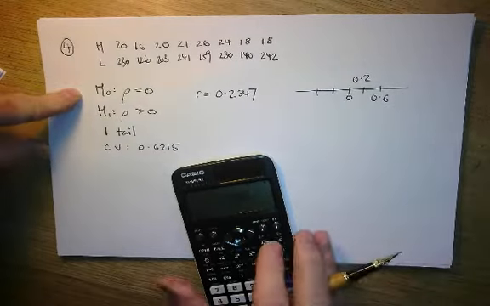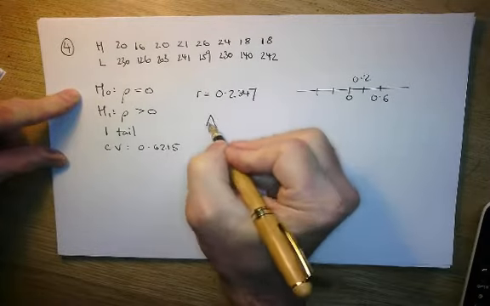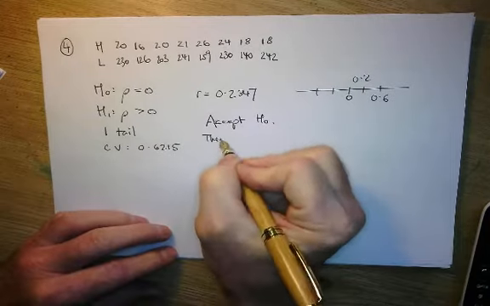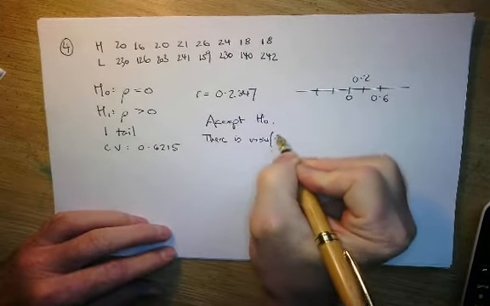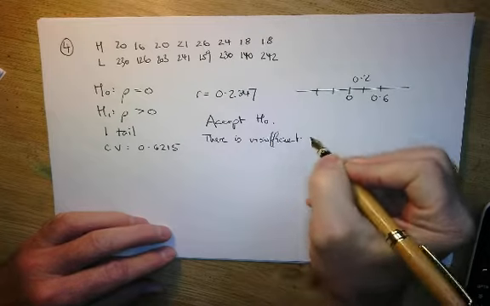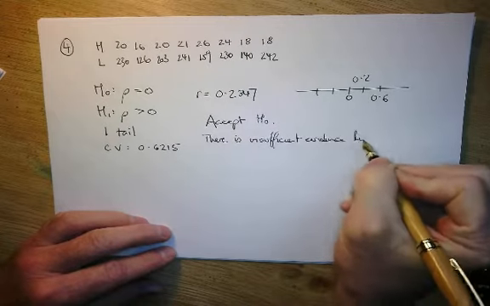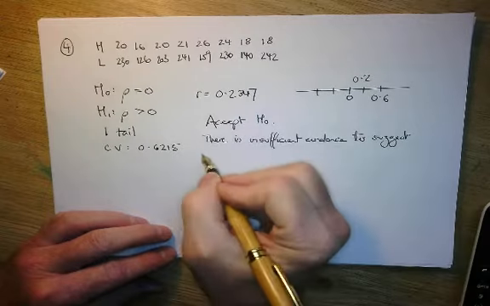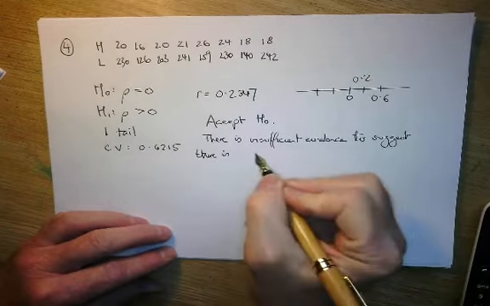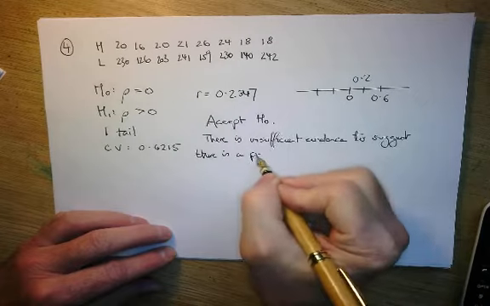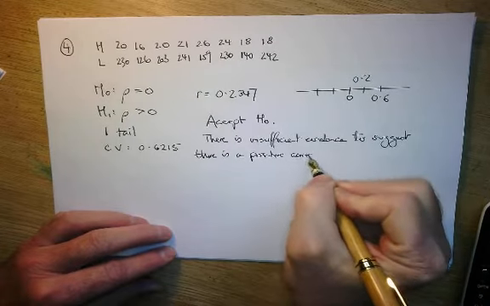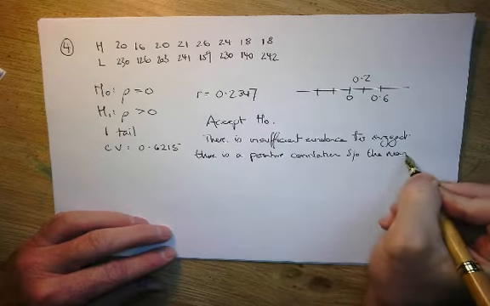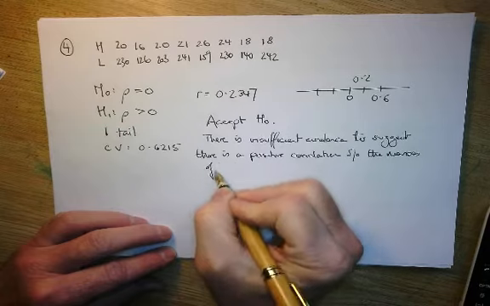So therefore, there's insufficient evidence. We're going to accept the null hypothesis. So I write in accept null hypothesis, and then I have to write there is now insufficient. You can see the language is very similar. And look how the caveat, insufficient evidence to suggest there is, and now I'm going to use the words that they put in, a positive correlation between the masses of heart